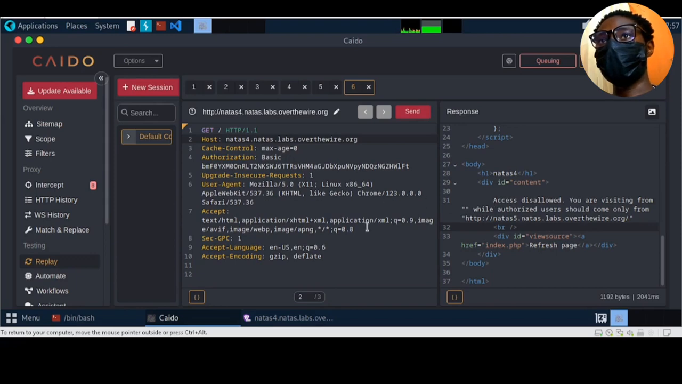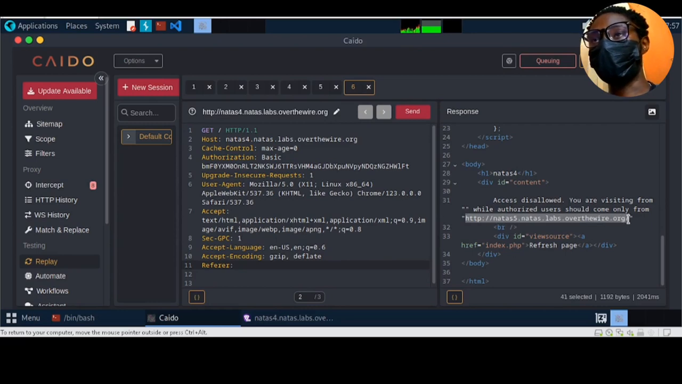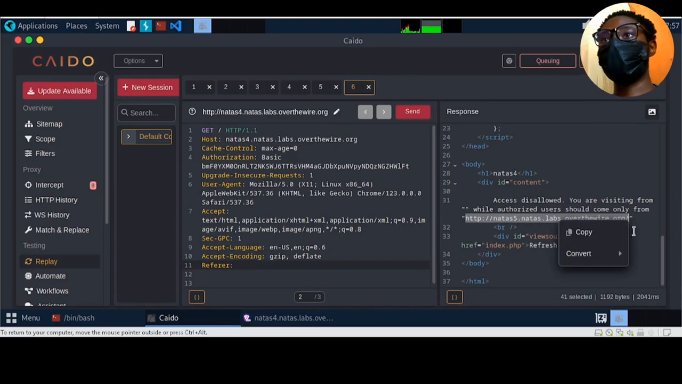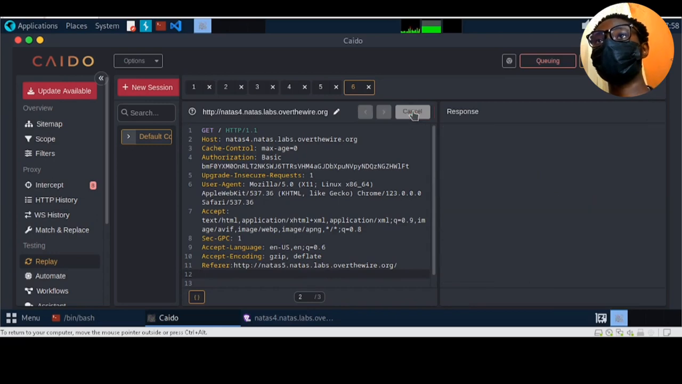So in this kind of case, what you should just do is add the referer. Then come here, copy the site. It's saying we should come from Natas 5 before we can be allowed to enter. To find the password to Natas 5, we have to be coming from Natas 5, which is kind of weird actually. So just copy this, then come in here, paste it in the referer. Then hit send,